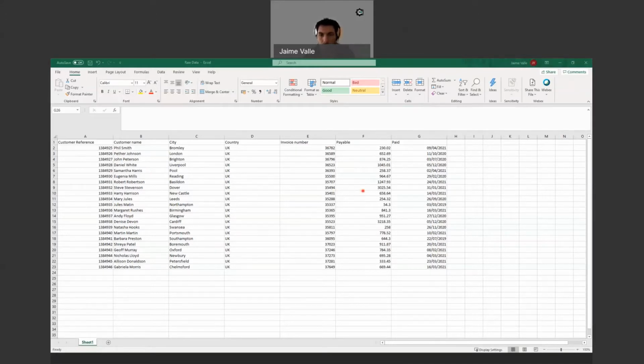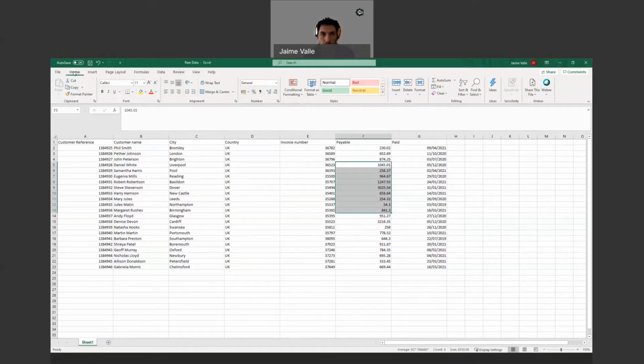As you can see, I just have the numbers and I would like to have the currency symbol to identify that this is not a random number, it is actually money. I've got a couple of ways to do that. But in any case, the first thing I need to do is select whatever I want to apply my format to. It needs to be selected beforehand. So I may want to select just a few and leave the rest as they are. I can do that.